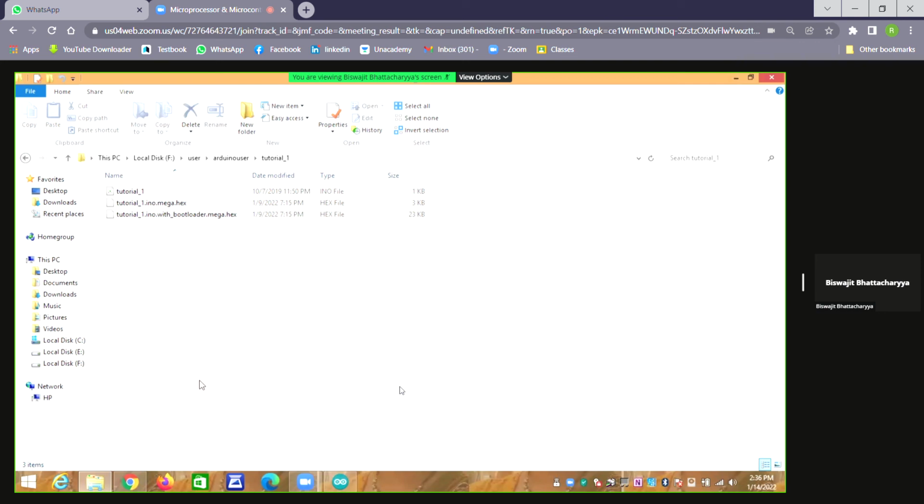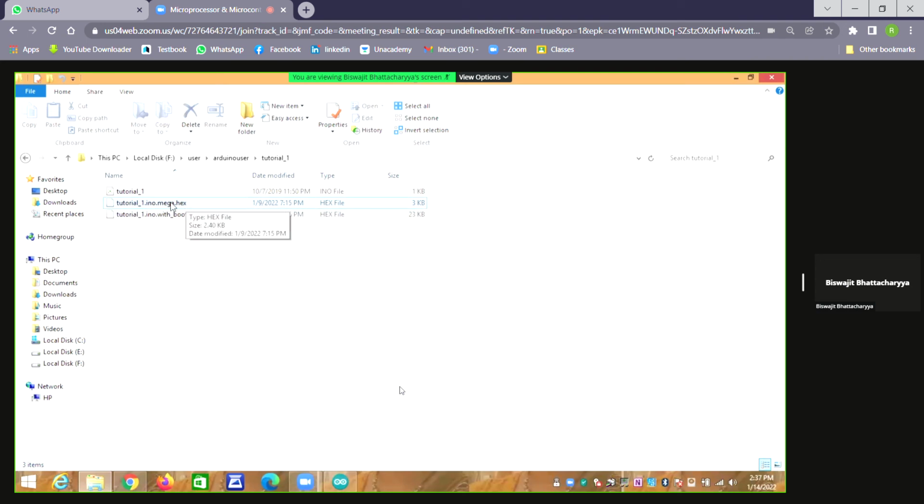So some hex files will be created here, two hex files, but one hex file is with bootloader. You see the name of the file .ino with bootloader dot something hex. Ignore this hex file. Only use the hex file that is without the bootloader name.